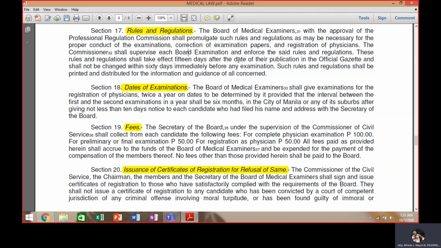The last step is the taking of the Hippocratic Oath, okay? That's the operative act, okay? The final step in becoming a full